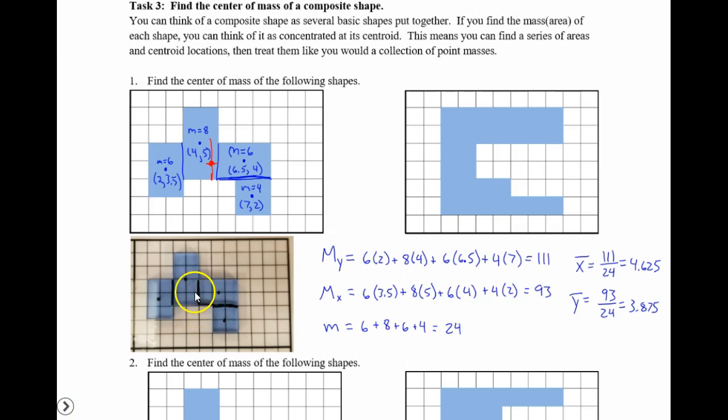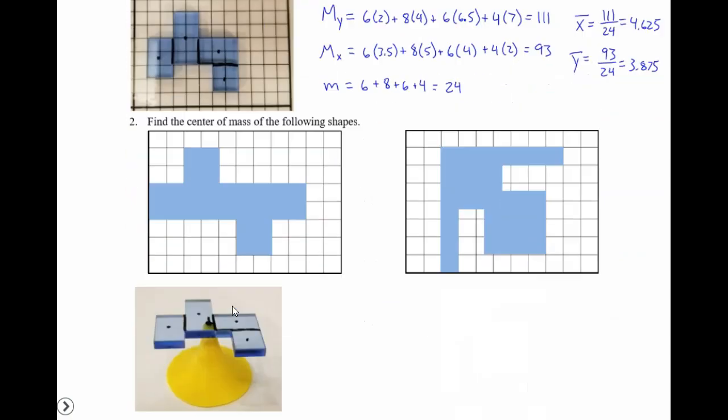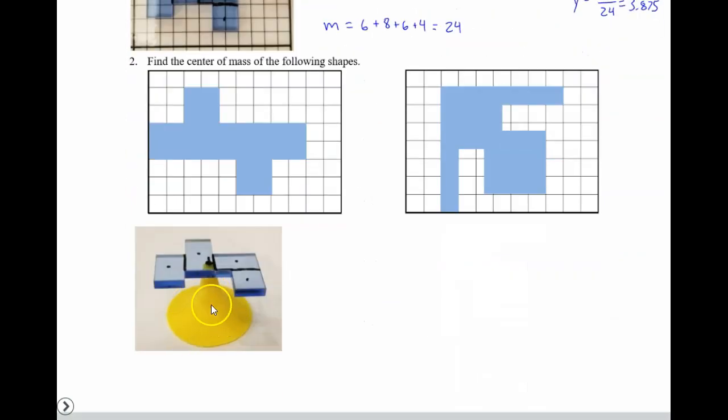So you should have this dry erase marker in your kit that you can go ahead and plot that on your shape. Just mark it down, and then go ahead and put it on this little stand right here to make sure it balances. So these should balance right on that dot where you put your center in. I know we're kind of estimating where these are. We aren't super precise, but